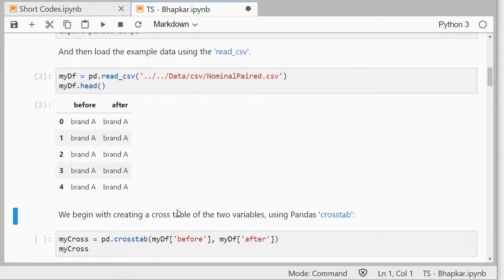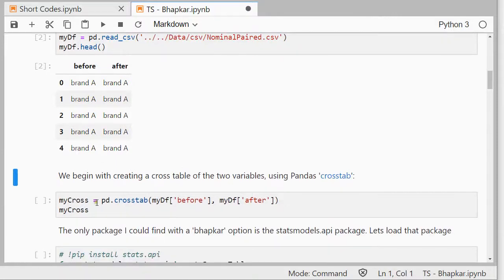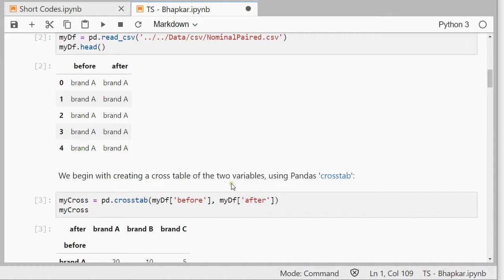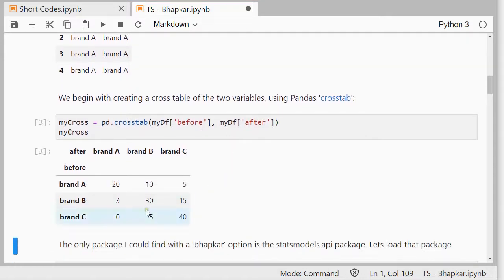We begin with creating a cross table of these two. So I'm going to use crosstab from pandas, and that nicely gives me an overview of all the counts. So these 3 people, before they selected brand B, and after they selected brand A. So perhaps after seeing all 3 commercials from the brand, they decided, hey, I no longer prefer brand B,